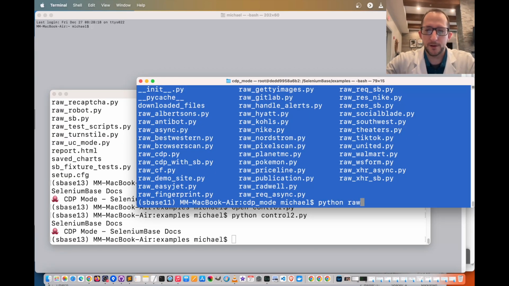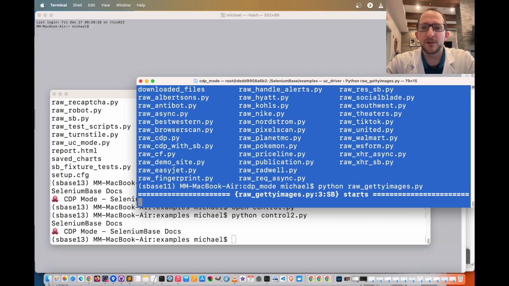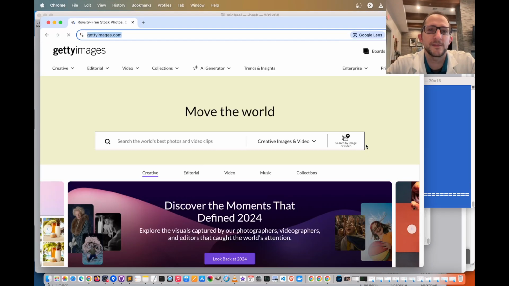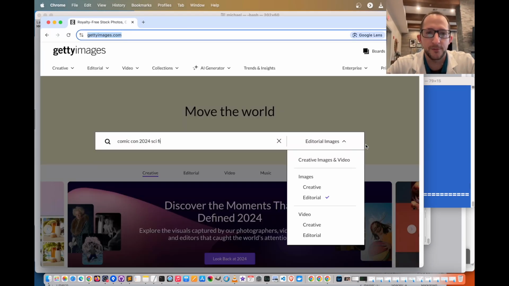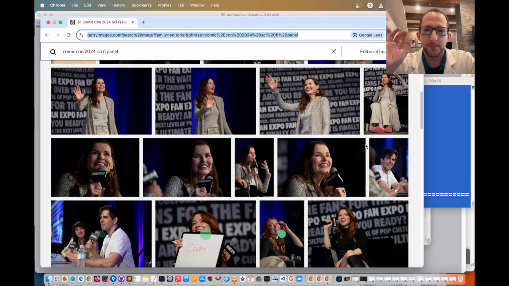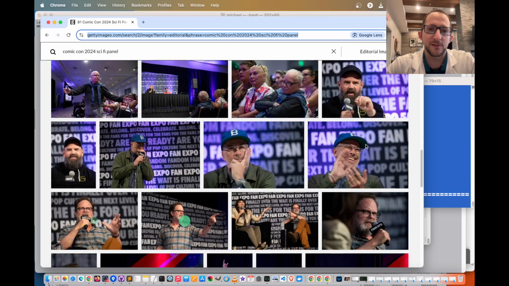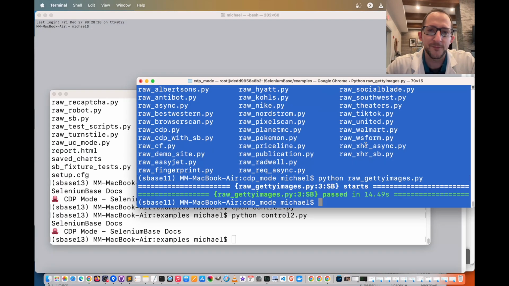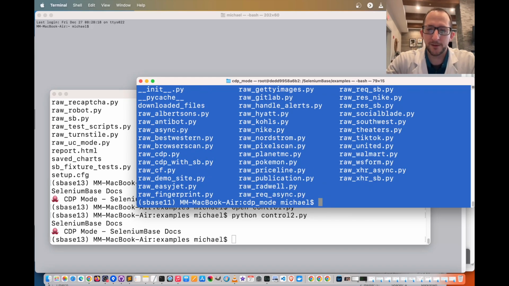So if we do python raw_getty_images, we're going to go to that exact URL by doing the full search for it, Comic-Con 2024 sci-fi panel. You're going to see the images, and now we're just going to paint a green dot on all the images just for fun. If you're wondering what that script looks like, we can just go open